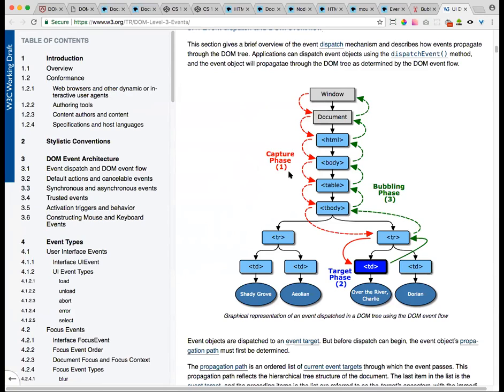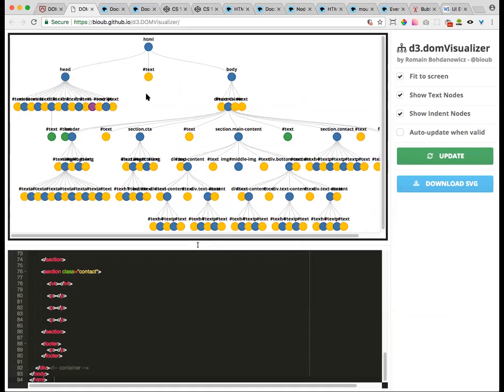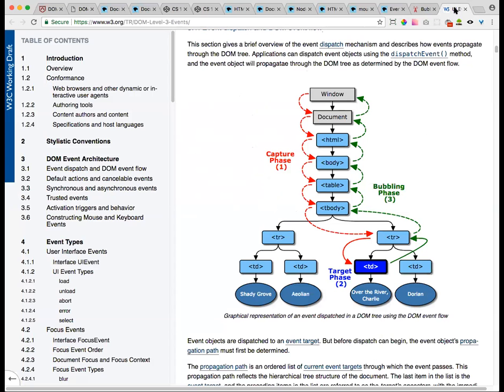So in this case, there are 3 phases. The first phase is capturing. So it's going to actually capture the event. So remember this DOM visualization tool? Well, as soon as we go down multiple levels deep, every one of these little gray lines is connecting a dot, right? It's connecting an inheritance, if you will, to the DOM model. Well, that has to capture all the way down from the window, from the actual document object, down to the very node that it's going to work on. At that point, it then targets a certain node, and that targeting happens depending on how we wrote our event listener, right? So if we said add event listener,